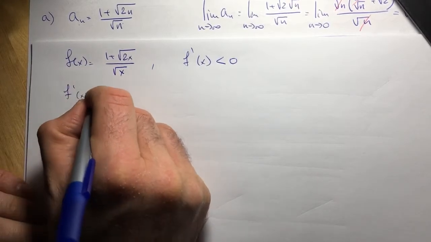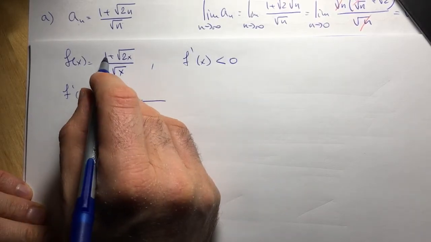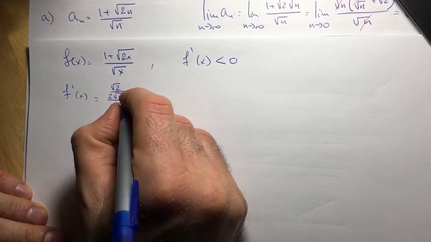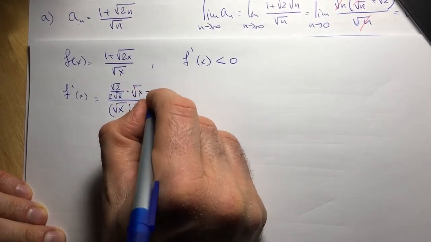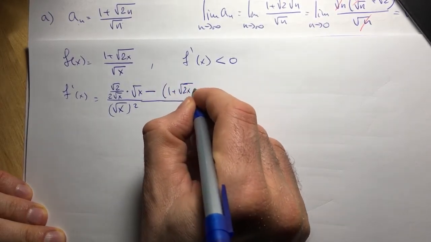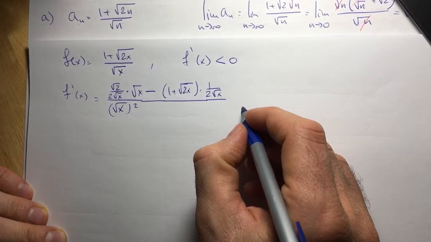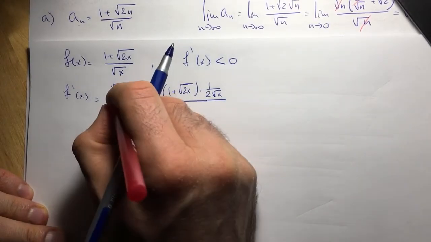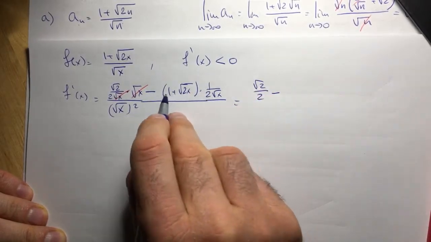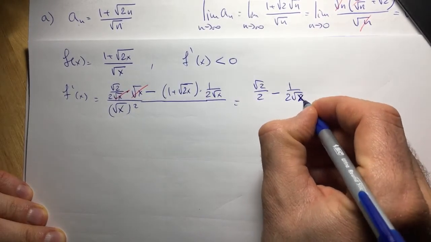Well, let's find the first derivative. Just use the quotient rule here. Square root of x squared. Derivative of 1 is 0. Derivative of square root of 2 square root of x is square root of 2 over 2 square root of x times the denominator square root of x, minus, by the quotient rule, 1 plus square root of 2x times derivative of square root of x, which is 1 over 2 square root of x. And here I cancel these two terms. I get square root of 2 over 2 minus, drop the parentheses, 1 times 1 over 2 square root of x is 1 over 2 square root of x